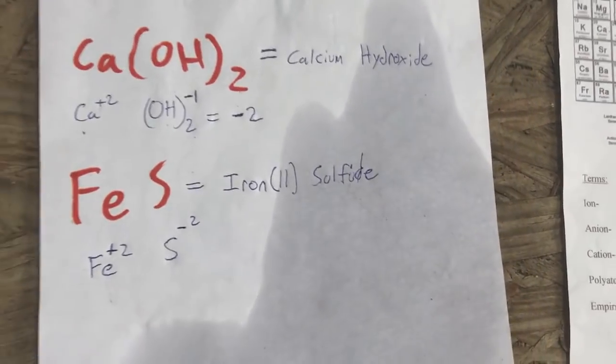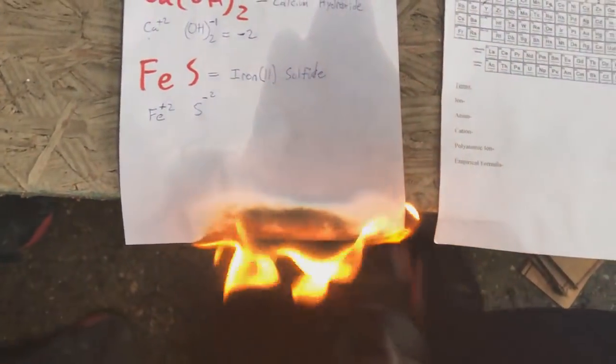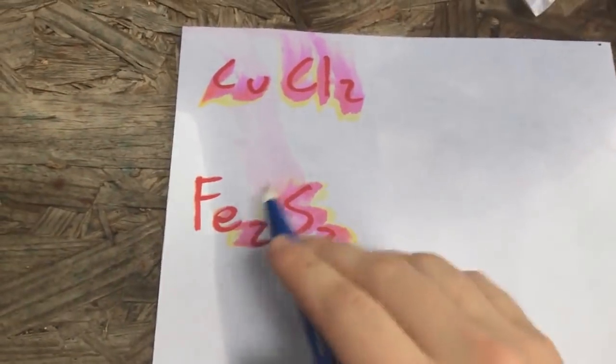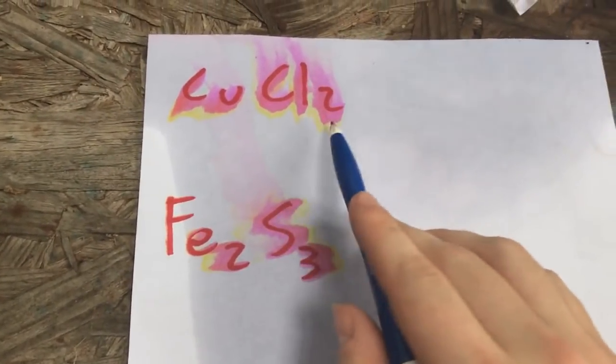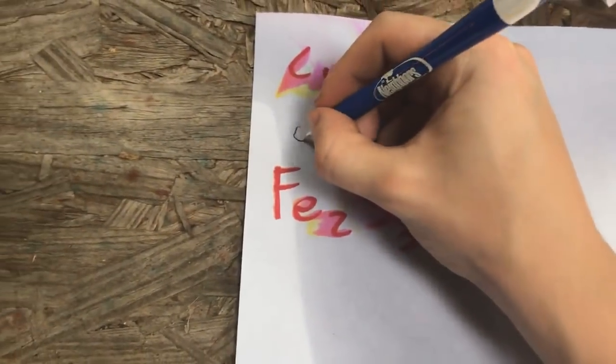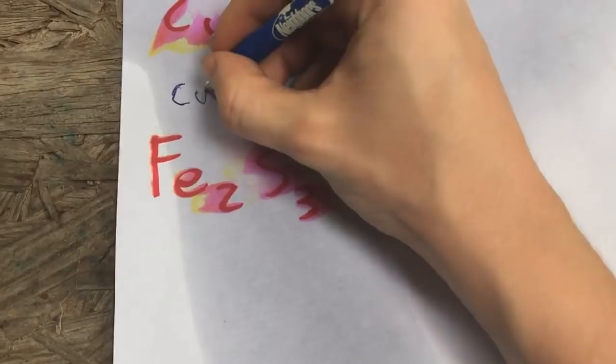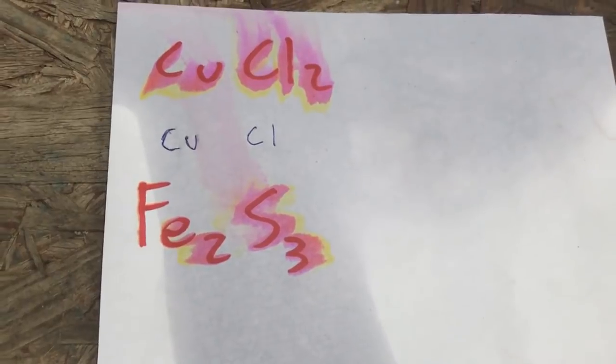So next, I've got a couple more complicated examples of some ionic names. So over here we've got CuCl2. In this example, we have a copper, Cu, and we have a Cl2. So this copper, Cu, we don't know the charge of that. Cu is a transition metal. We have no idea what's going on with that one. But Cl, we know